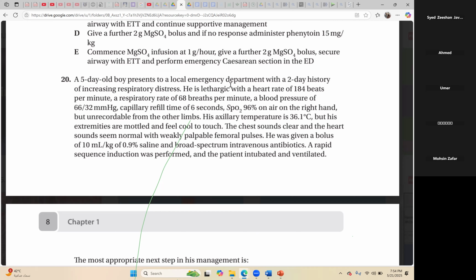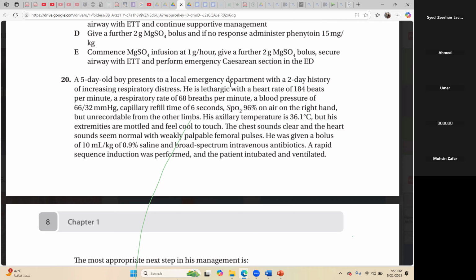the ductus arteriosus. Okay, so in such cases, if you have persistent fetal circulation and you want to monitor either the correct ABGs, or if you want to monitor the blood pressure, you need to have preductal, that will be the right radial. Okay, so here they are saying that SpO2 is 96% on air on the right hand, but unrecordable from